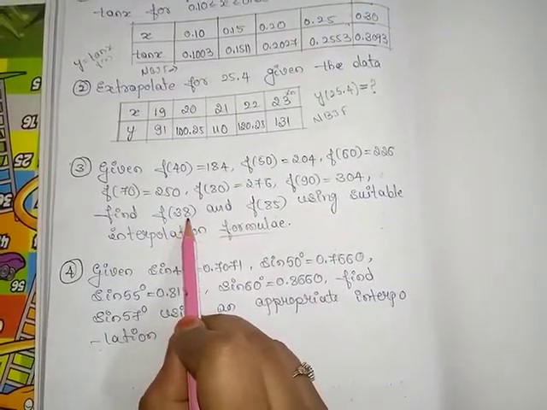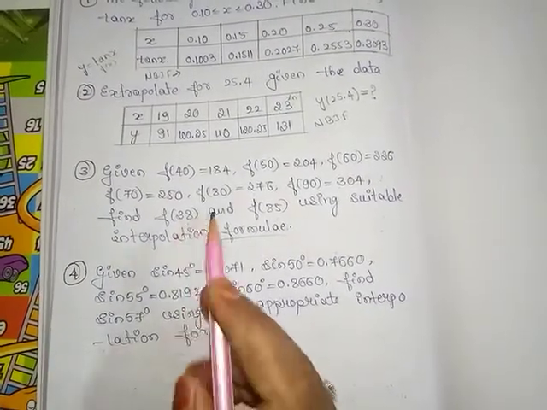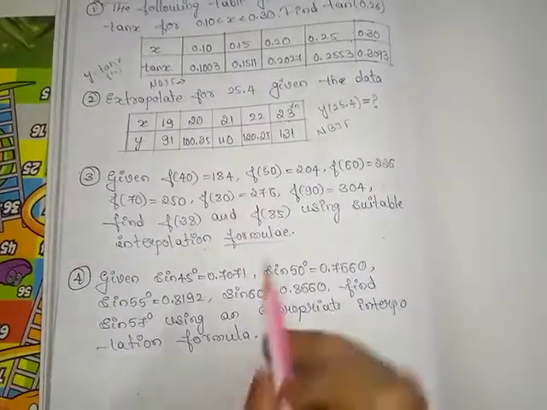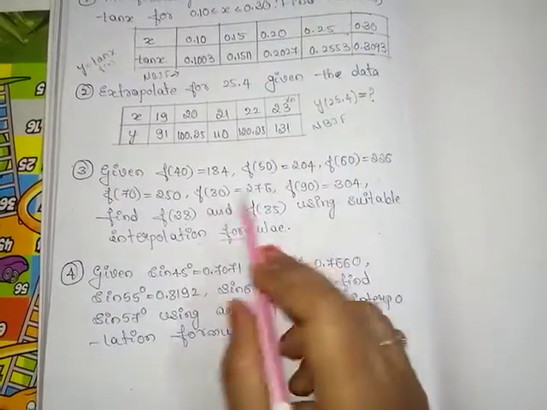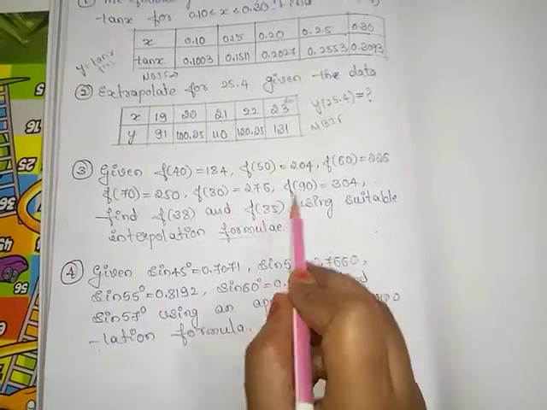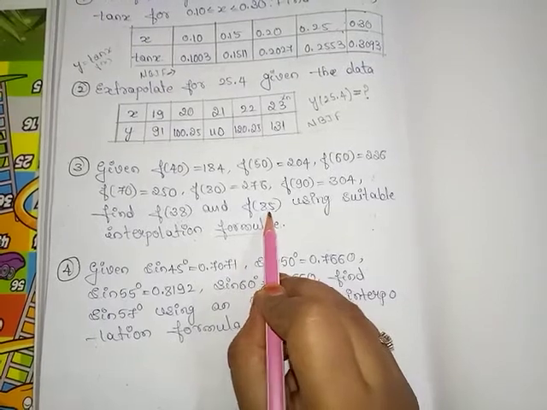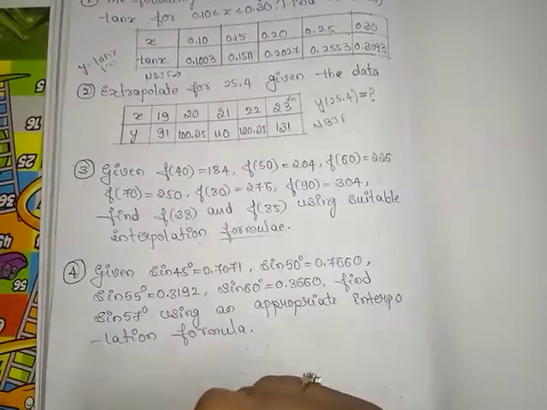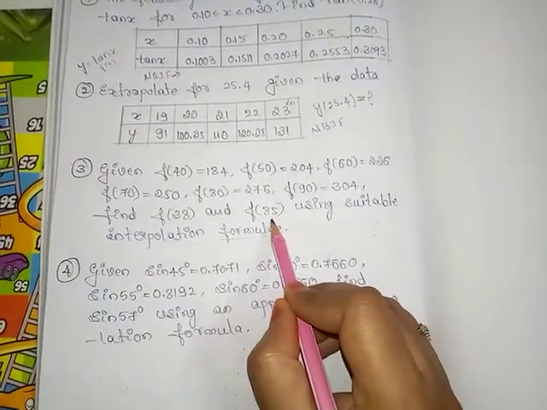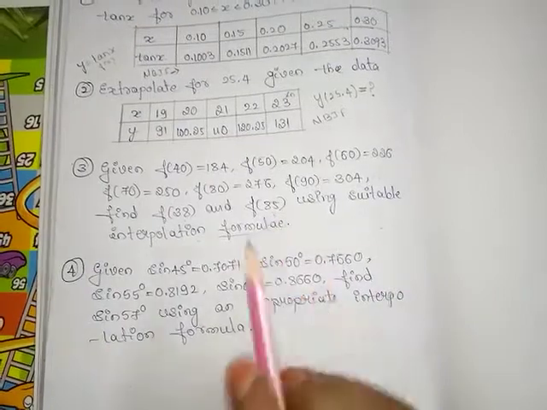If this f of 38 lies in the first half, use Newton's forward interpolation formula and get a result. After that for the second one, this f of 85 lies between 80 and 90, means this is near to xn, and this lies in the second half. You have to use Newton's backward interpolation formula here, so for the second one use Newton's backward interpolation formula, substitute all the terms and get the result.